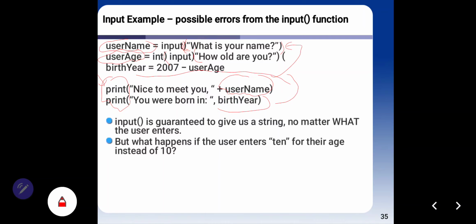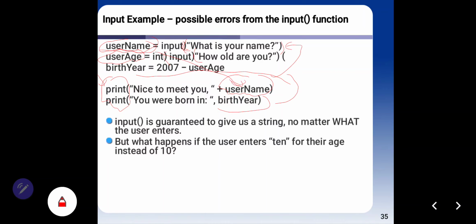Okay, I will explain this code. Username input, what is your name? This is the string data type. If your user inserts their name, for example John, this name John will be saved in username, and then will be displayed in here.